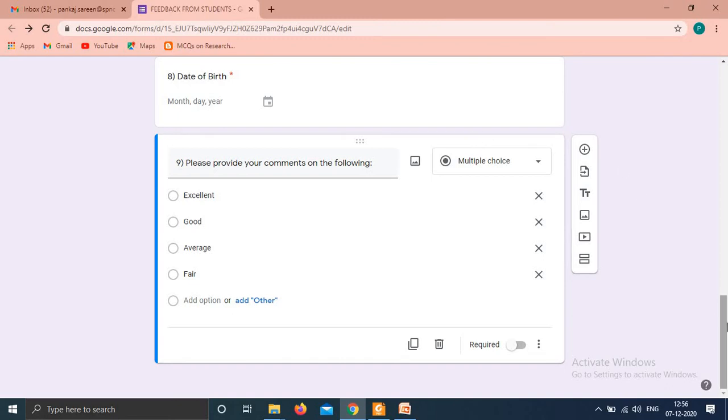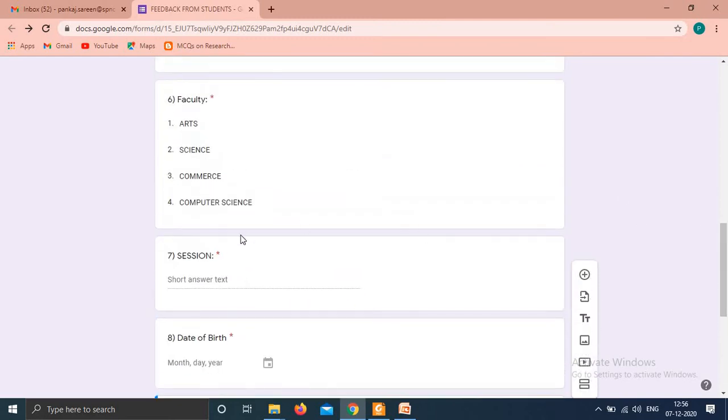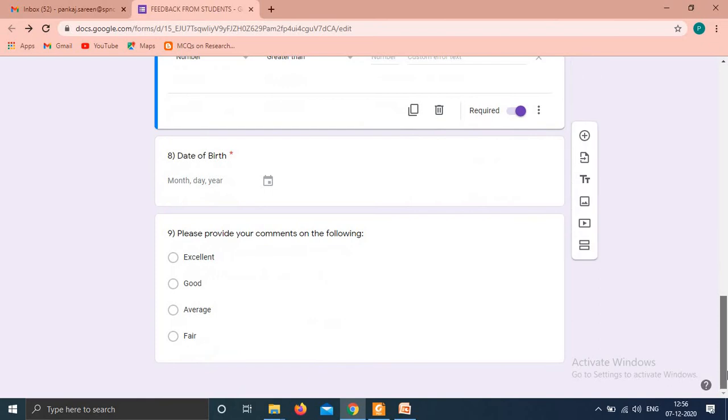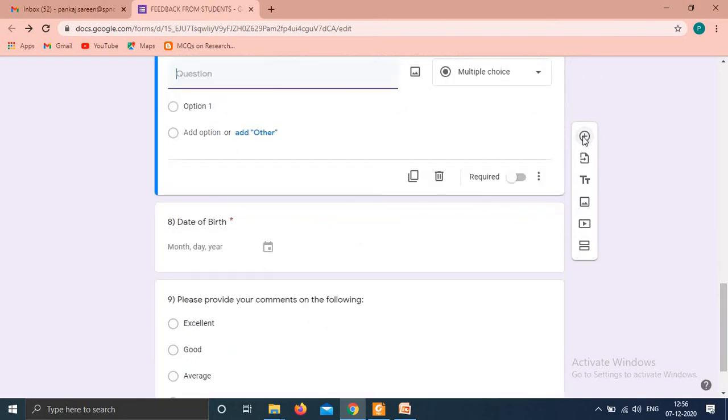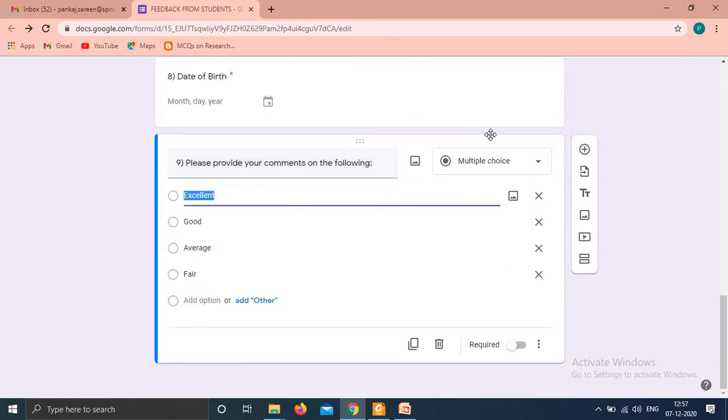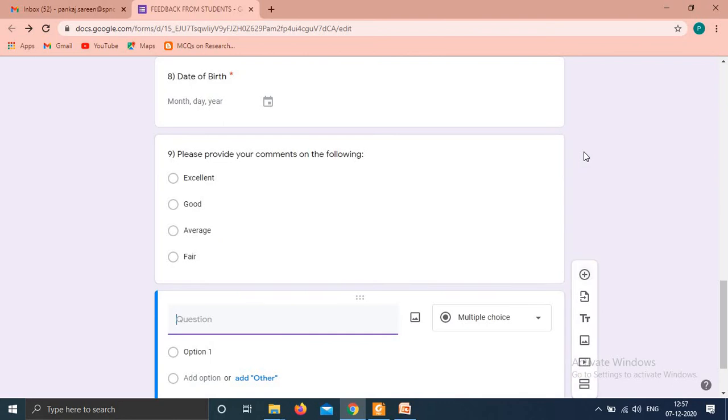So this way you can change any option. If you want to delete any option, you can delete. Suppose you don't want this field session, you can delete from here. So similarly you can add another option. So click on this 9th option and click on 10th. Any suggestions?